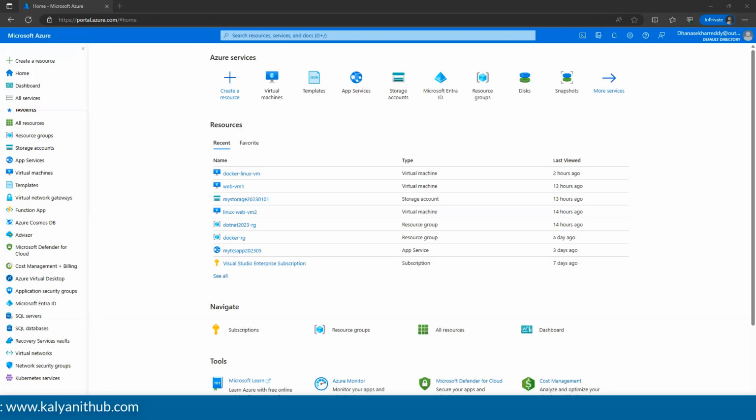You need not be a developer, guys. If you are a developer, yes, you are eligible to learn Azure DevOps. If I am an administrator, yes, I am eligible to learn Azure DevOps. They are just giving prerequisites, apart from that, nothing. Okay, sir. Got it.